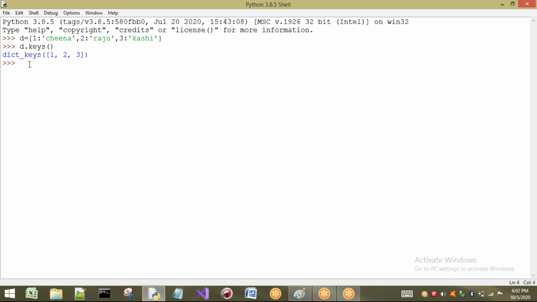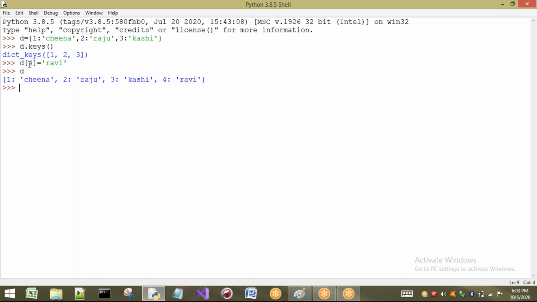Right. Now, if I want to update the dictionary, we have already seen some methods for updating it. For adding one more element to the dictionary, for example, d of 4 equal to Ravi. So the dictionary is updated with one more element.